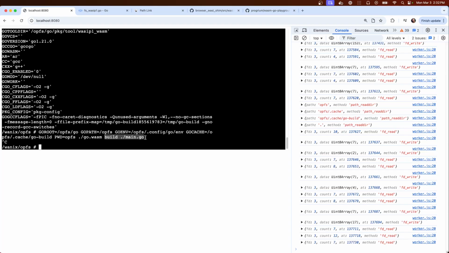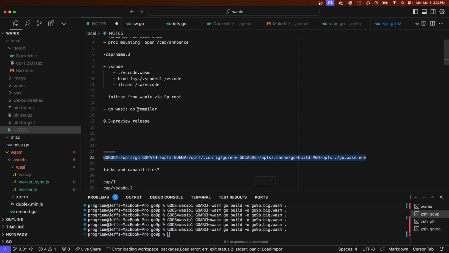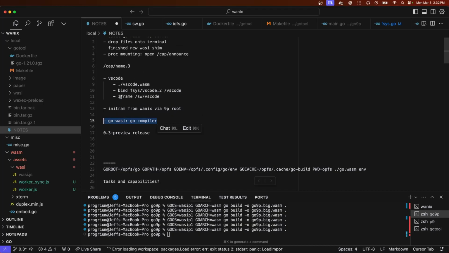Once it can build a program, that sort of closes the loop on this journey in some ways. So we'll get there.